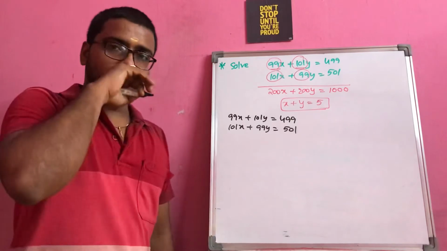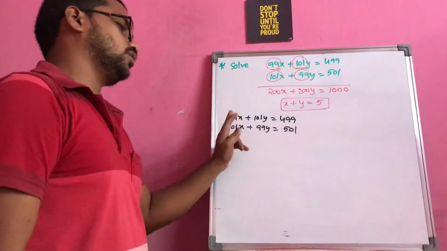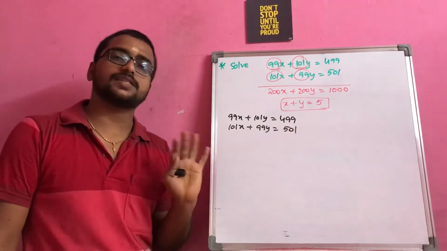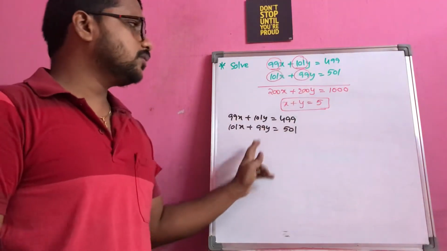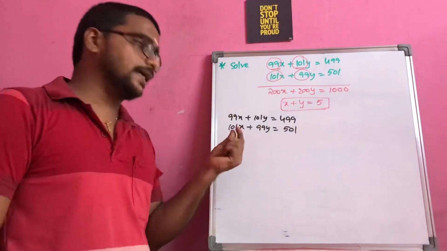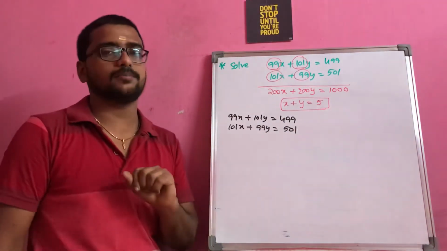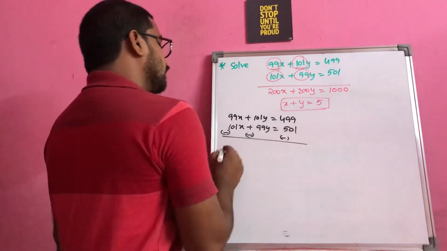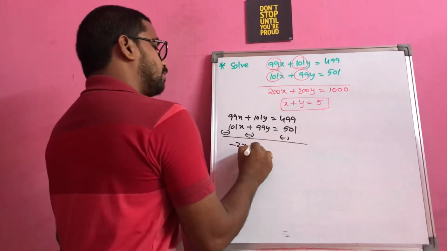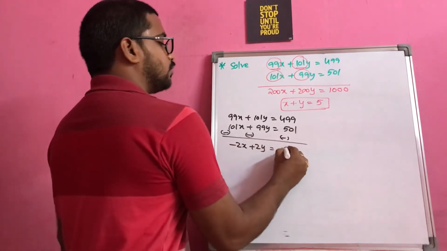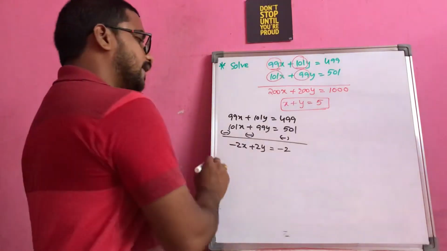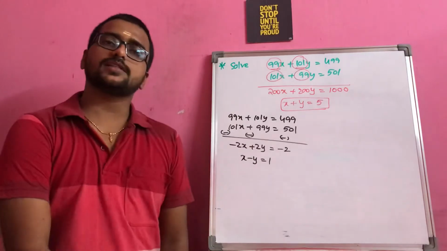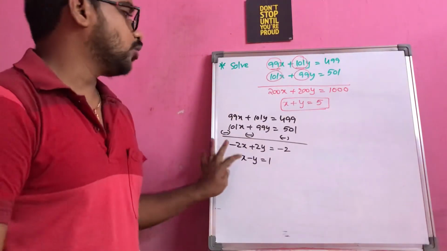Again, the coefficients of x and y are same throughout these two equations. If I subtract or add also, I will be getting the same coefficients of x and y. So now I am trying with subtraction. This is minus 2x plus 2y is equal to minus 2. Correct? So I can cancel minus 2 throughout the equation, so that I will be getting x minus y is equal to 1. So hope till here it is clear.